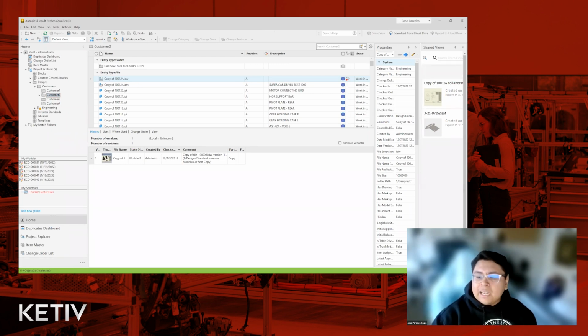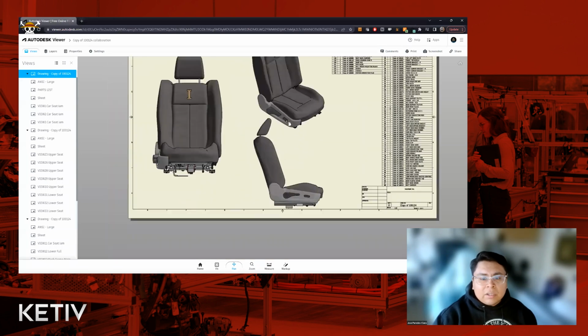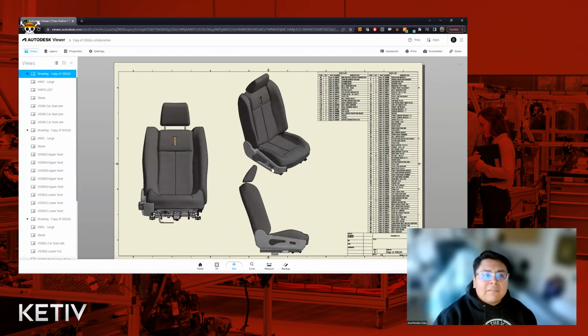Essentially, it is a snapshot in time that lasts 30 days, and it'll tell you when it got created. In this case, I created this this morning, of this drawing of a car seat. If I wanted to take a look at it, we can share the link to this shared view, and it would allow us to go into this online viewer of that